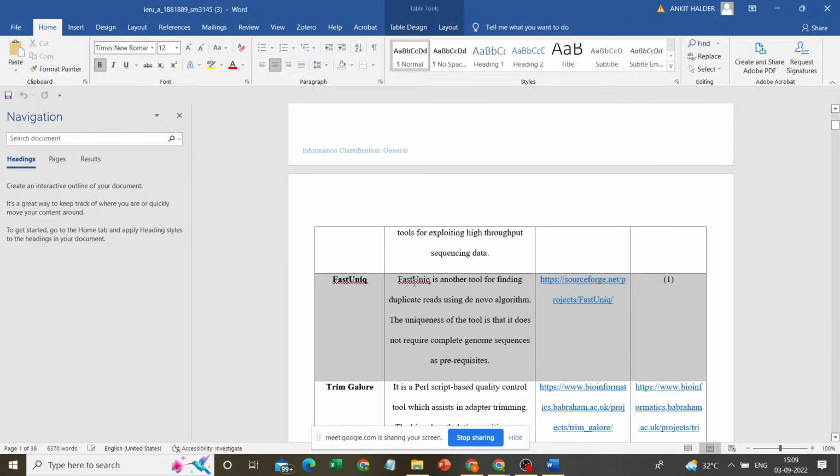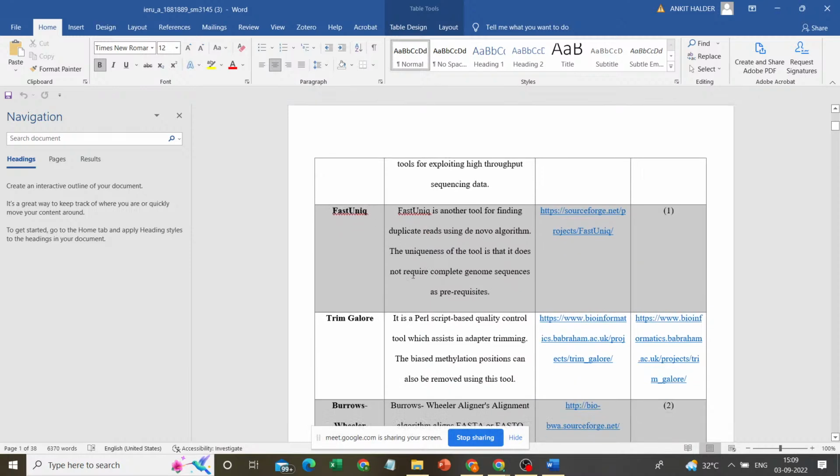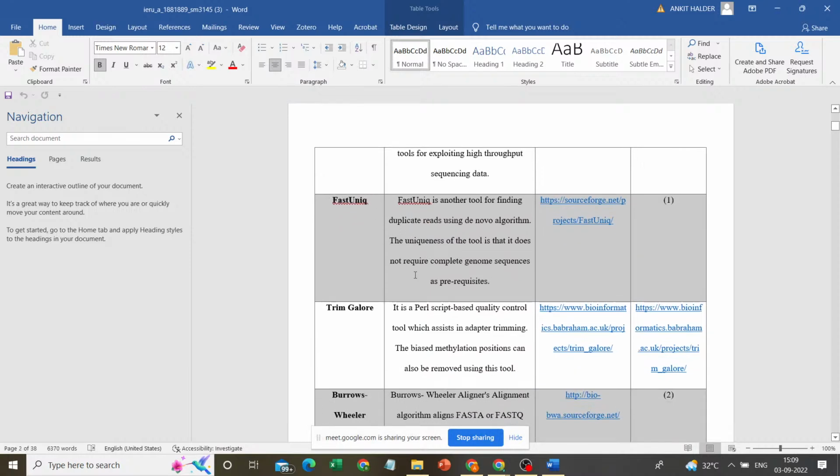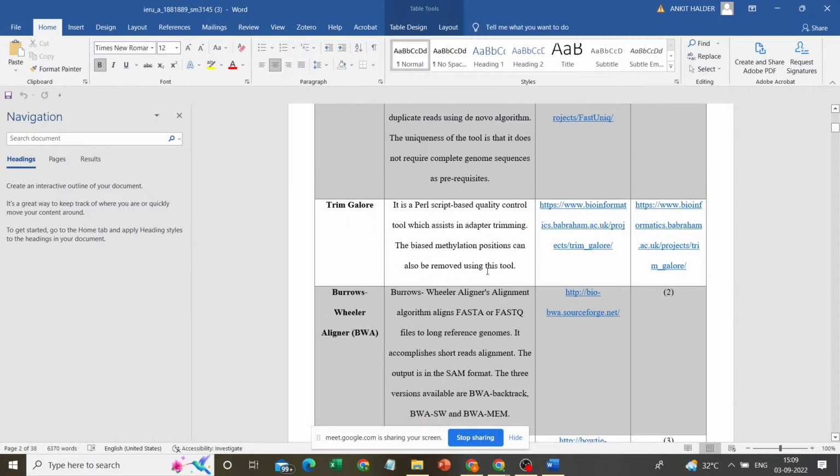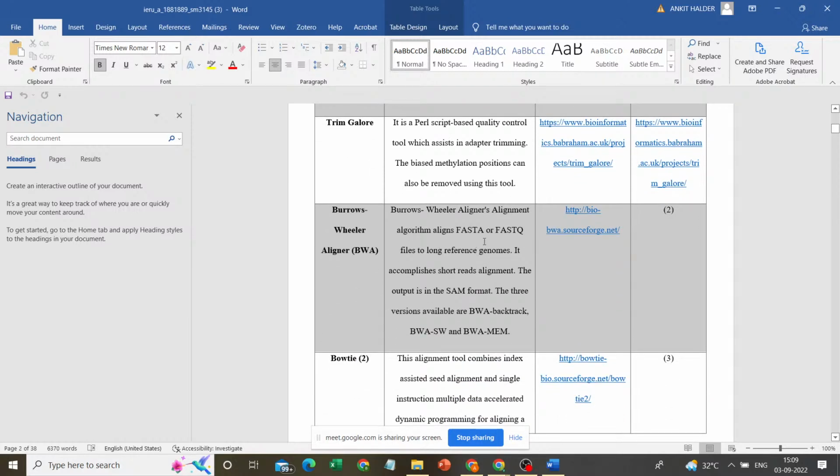So you can go through it and get an idea about all the most popular, mostly available tools that are used for the analysis of this type of data, what the input file is, like the FASTQ file, and the output is in the SAM format. When you align, generally it gets in the SAM format,